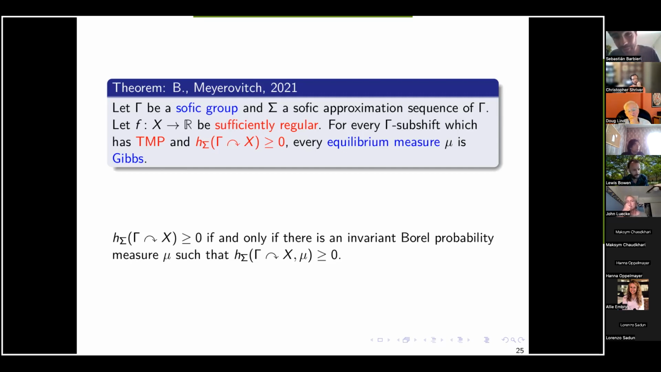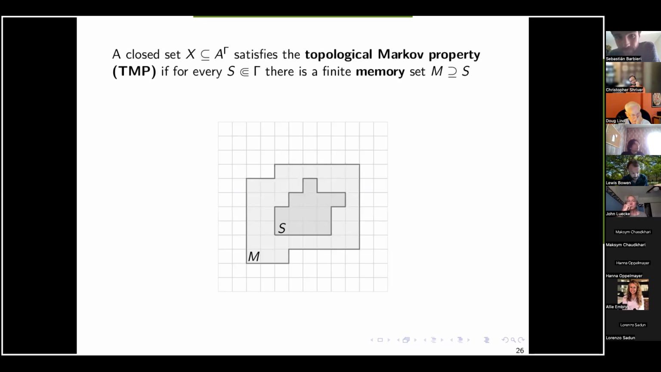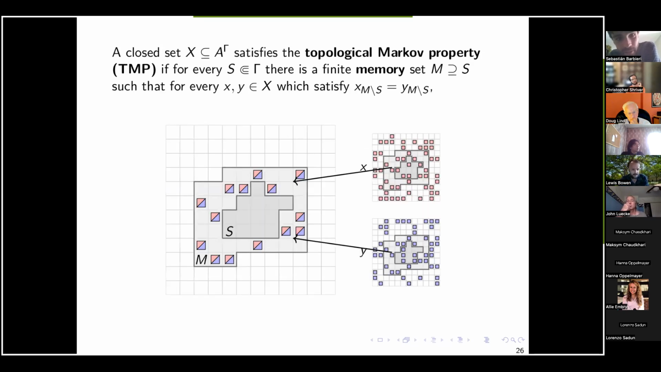So that's defined. So I just need to tell you what TMP means and what sufficiently regular means. And TMP is something quite interesting. All right, you can forget everything that I said before. I'm going to grab a closed set on the full shift, not necessarily invariant. And I'm going to say that this set satisfies the topological Markov property if for every finite subset S of the group, there is another finite subset, which I call the memory set, M, which contains S, such that